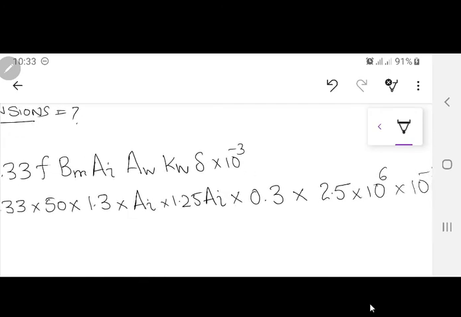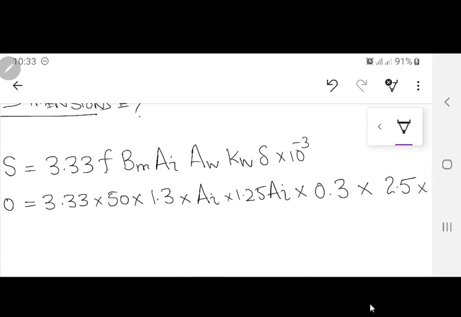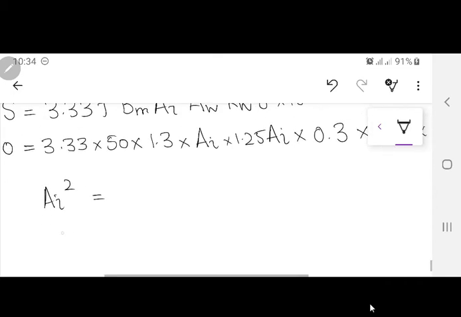Anyone with a calculator, please do this one. And one thing very important: this book is by an Indian author. Do not trust anything. If you think it is wrong, it may be wrong, at least in the calculations area, not from a theory perspective. If any calculation is wrong, it may be wrong. So don't trust anything. That's why I'm asking you to use your calculator and tell me this value. You have to tell me what AI square is first, and then what AI is from here.